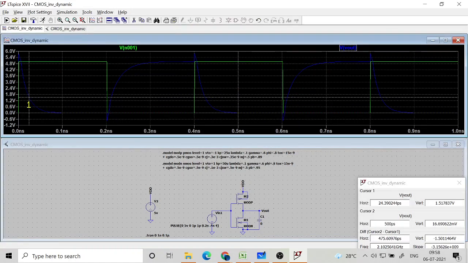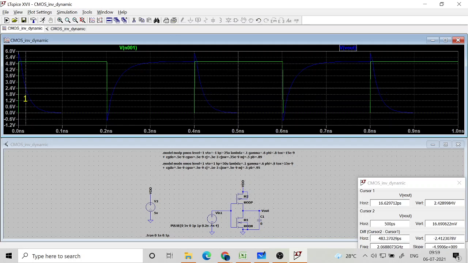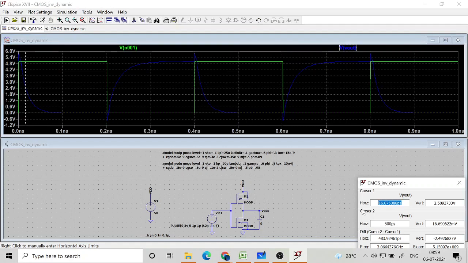So now at the 50 percentage point, if I take as before, there will be some parasitic capacitance also, which will increase with the increase of W. Load capacitance I put as 0, but the parasitic capacitance depends on W. So there will be a slight increase from 11, it has now increased to 16 picosecond.